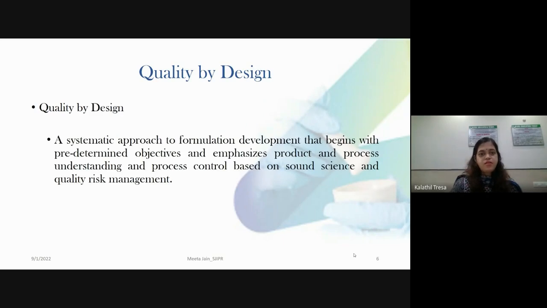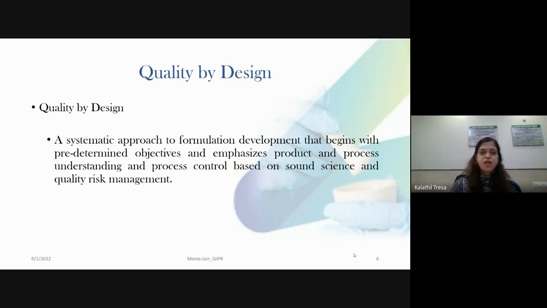And quality by design is a systematic approach to formulation development that begins with predetermined objectives and emphasizes product and process understanding and process control based on sound science and quality risk management. So basically, quality by design uses a sound scientific approach.